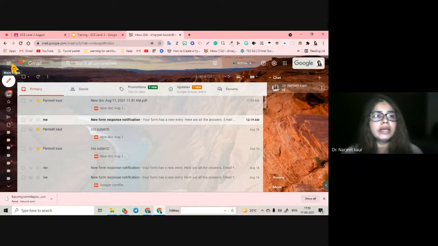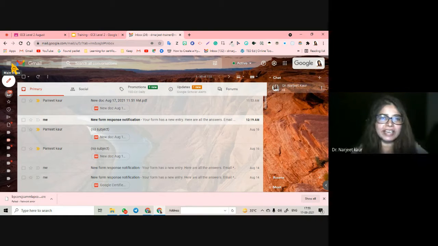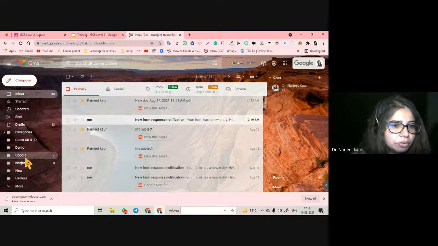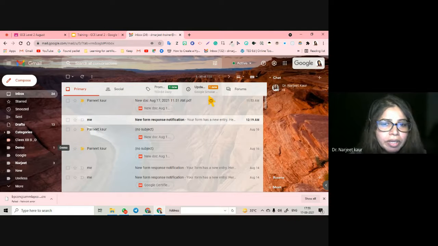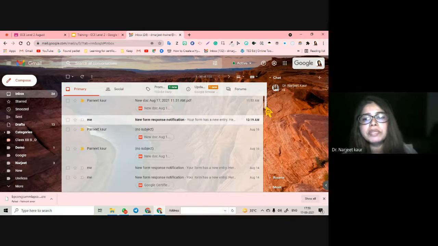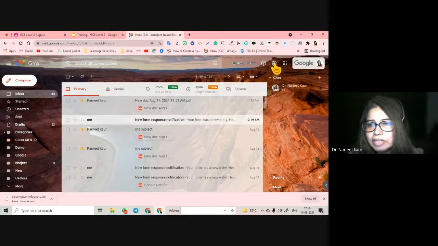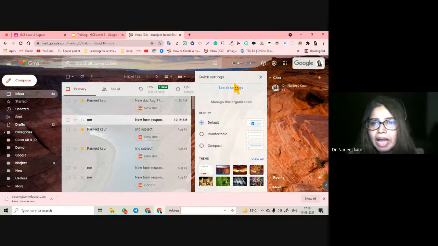All right. Now, Gmail is very interesting, a lot of interesting things are tested in the second level from Gmail. As you can see here, this is the main menu. All these categories are here. And this is settings. Maximum things that you are going to get in level 2 are going to be from this gear, from this settings. So what I do is I click on this gear and I enter all my settings.